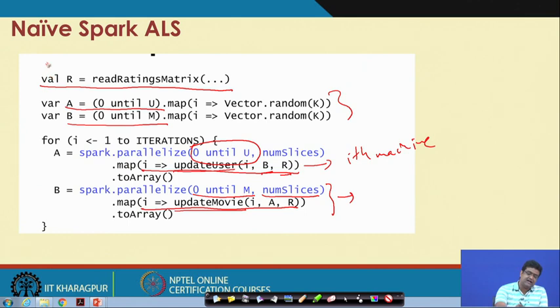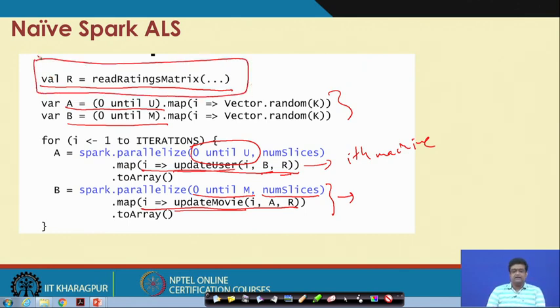Every time you are sending the appropriate values for this ratings matrix, which is not changing. As you can see, the A matrix and the B matrix are changing, but the ratings matrix remains fixed throughout this computation.